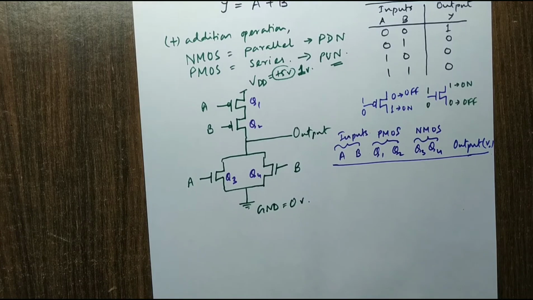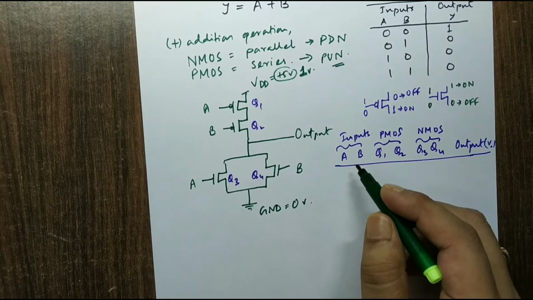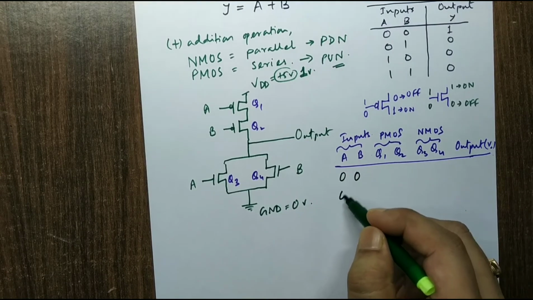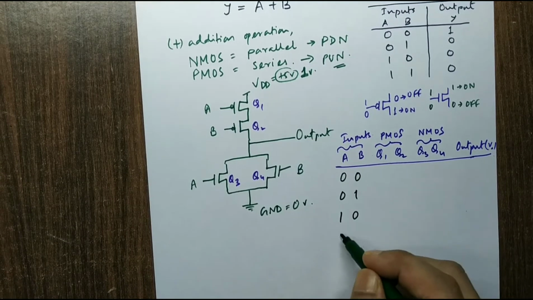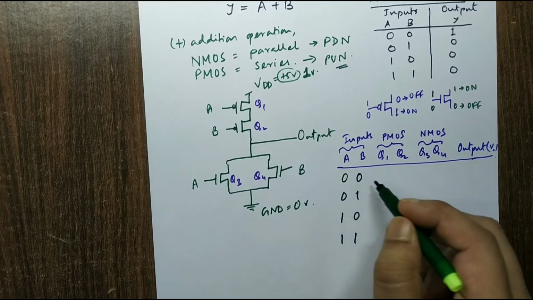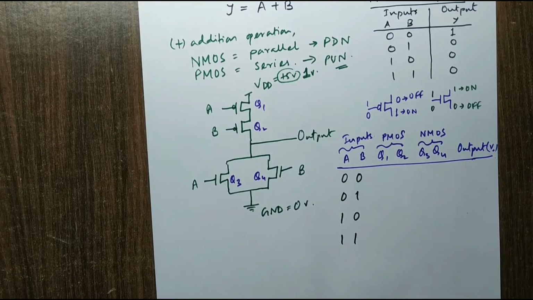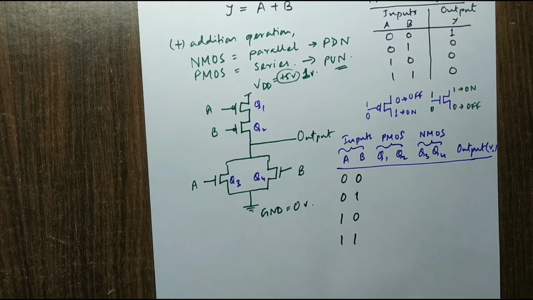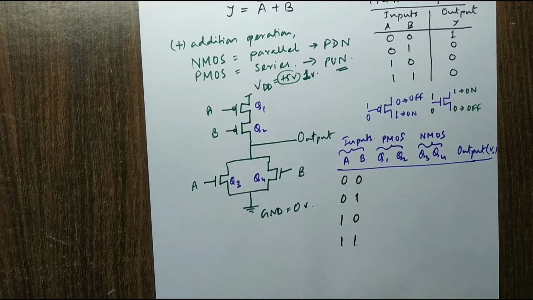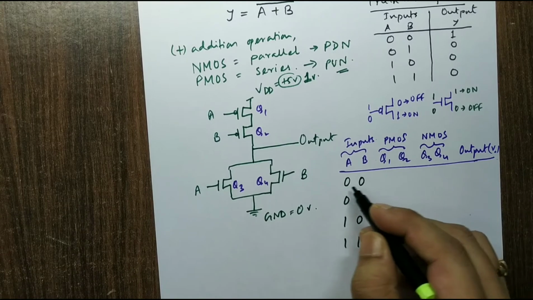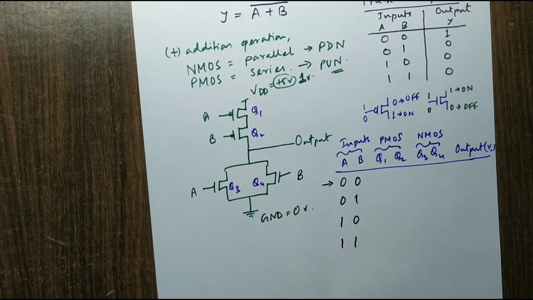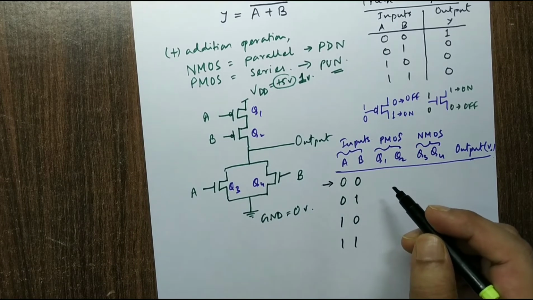Let me write down, if it is a 2-input, I have told you, how many combinations will come? 4. So 0 0, 0 1, 1 0 and 1 1. So these are 4 cases. For the 4 cases, what is going to happen? Please see. If I draw this thing using black pen. Now let us see for case 1, this is 0 0. So for case 1, what happens is that